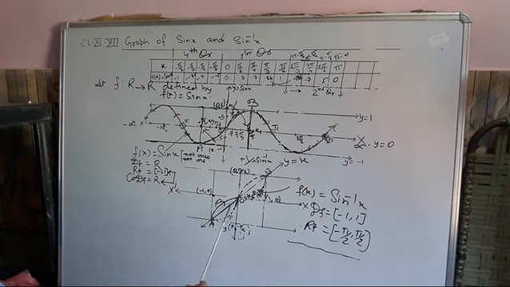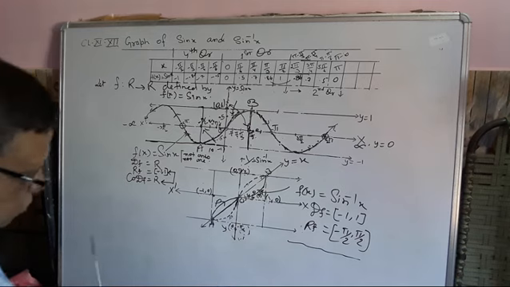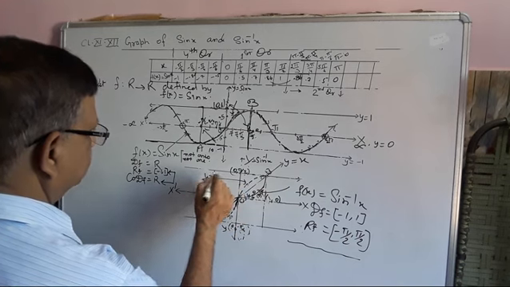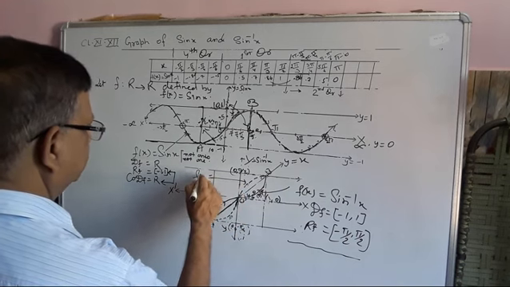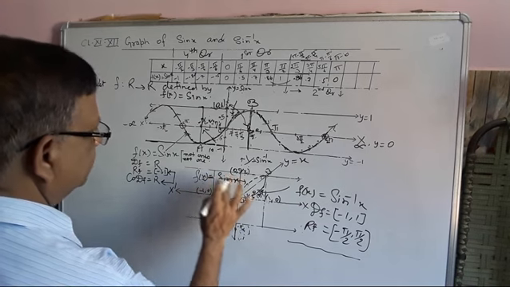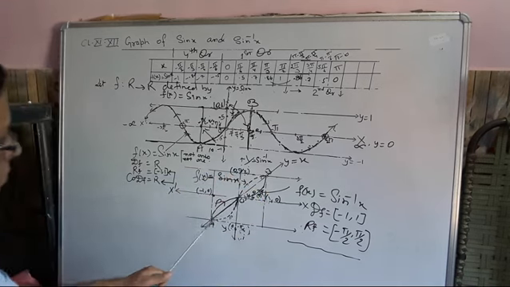So plot here. See another figure. X-axis, y-axis. Now, first of all, how to draw the curve of sin x? This is the curve of sin x. The dotted line shows you the curve of sin x. y is equal to f(x) is equal to sin x. This dotted curve shows you the curve of sin x.